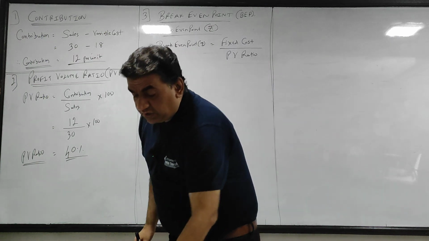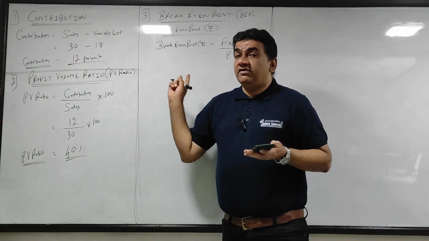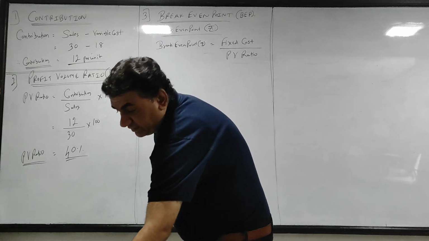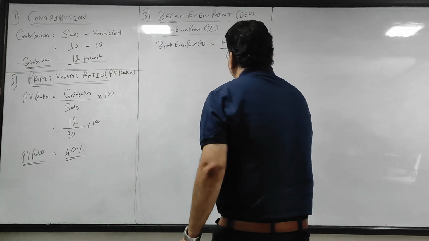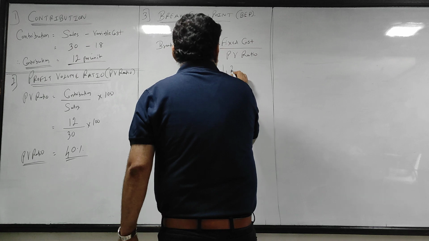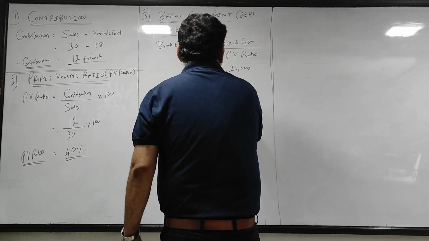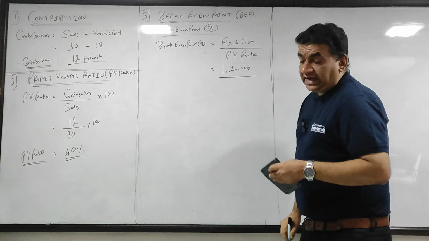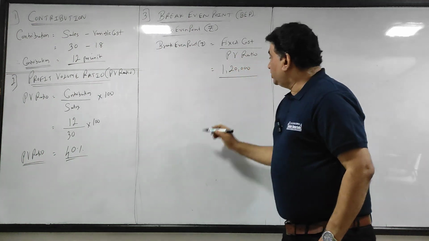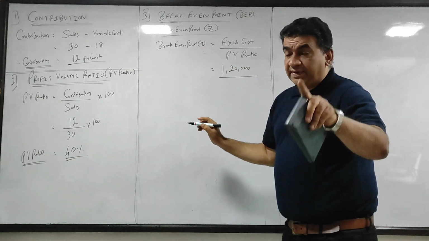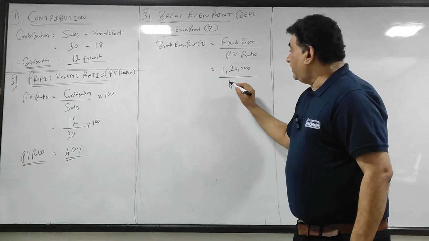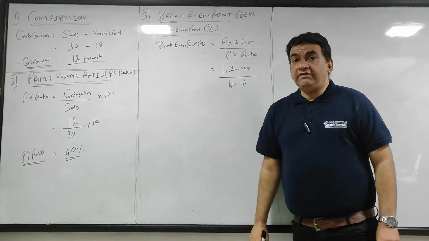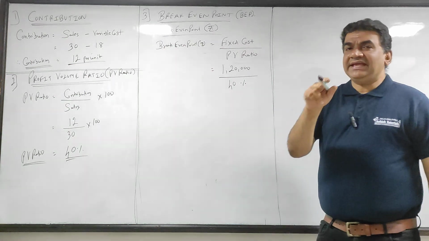Now see what fixed cost is given in the question. We understood that fixed cost will be fixed in terms of totality. So my fixed cost is 1,20,000, and the PV ratio is 40%. Guys, remember, just don't write 40, write 40%, because if you write 40 you'll